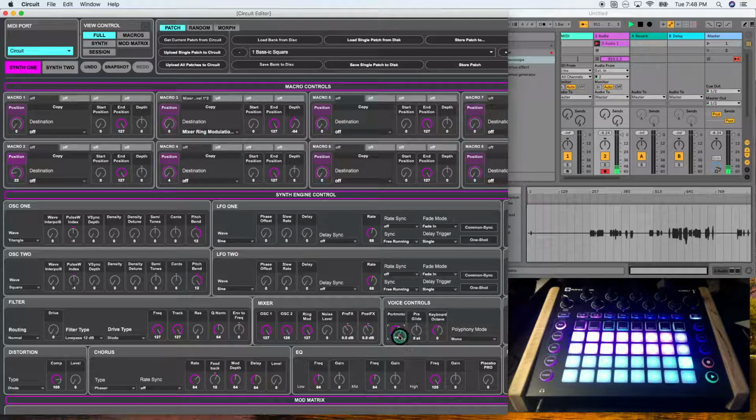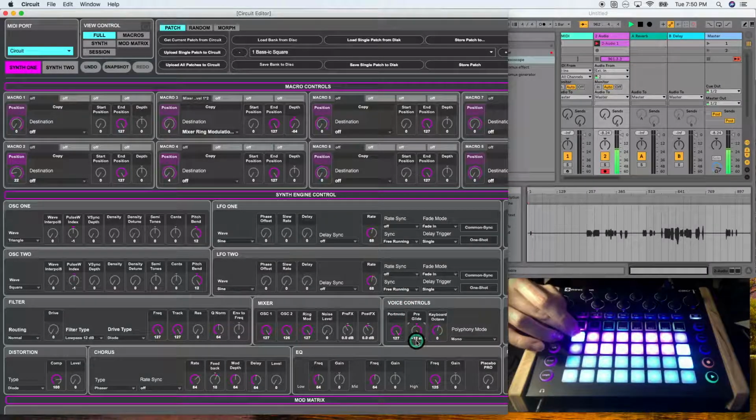If you have portamento operating and then you turn on pre-glide, portamento will no longer be operating in the same functionality. With pre-glide, every time you press a note, it will be swung to from a fixed destination. So if I turn this all the way up, and I turn the pre-glide way up, you see it didn't matter that I hadn't pressed a note prior to it.